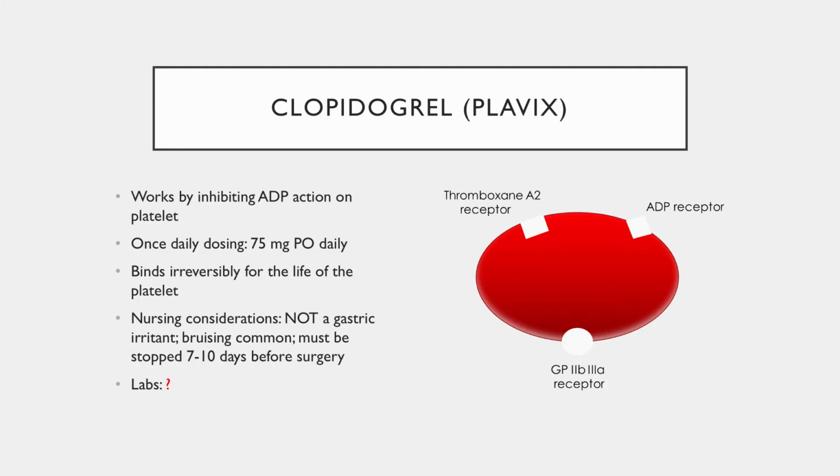One other little interesting thing is that it may be that about 5% of patients who get PLAVIX are non-responders. And the reason for that is that PLAVIX is not actually a medicine. It is a prodrug. And if you remember back to pharmacology, you remember that a prodrug is an agent that is given, and in the body then it is converted to the active drug. And in the case of about 5% of people who take PLAVIX, they take that as a prodrug, and it does not get converted in the body. About 5% of us can't make that conversion, so PLAVIX doesn't work for those people. Just a little interesting